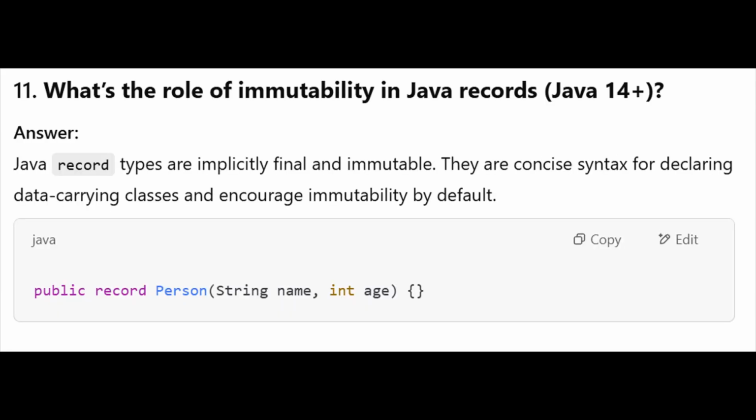11. What's the role of immutability in Java records, Java 14+? Answer. Java record types are implicitly final and immutable. They are concise syntax for declaring data-carrying classes and encourage immutability by default. public record Person(String name, int age)